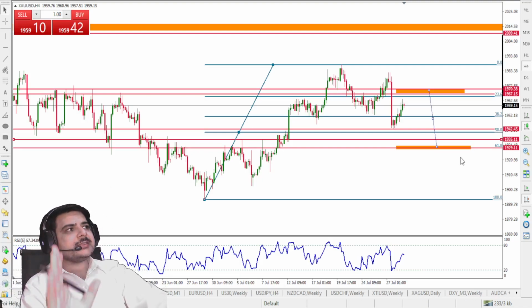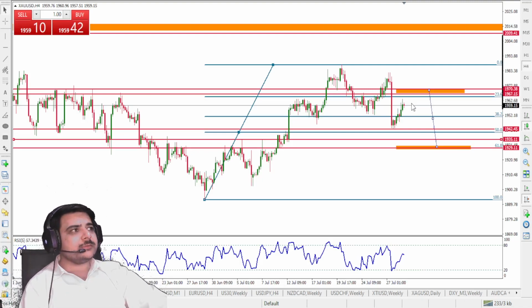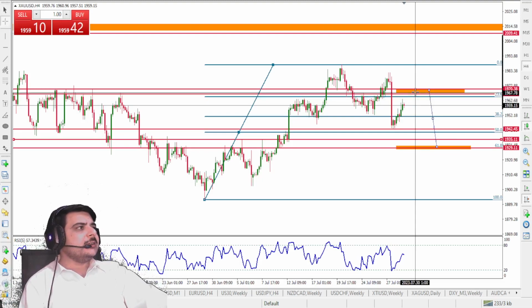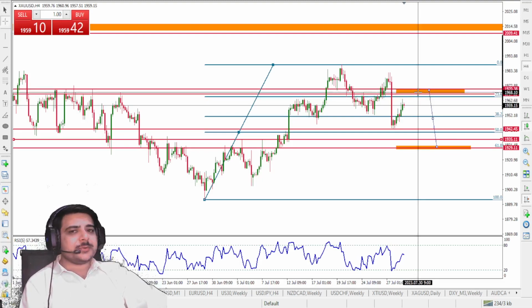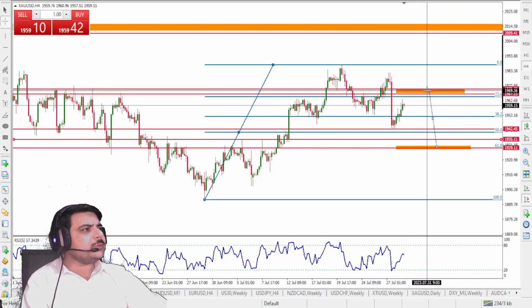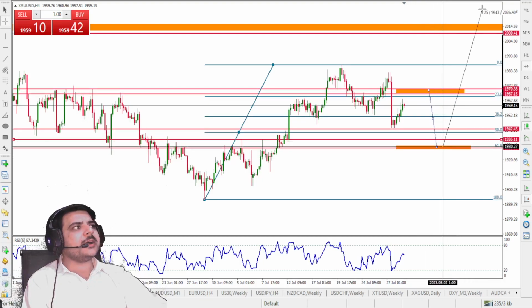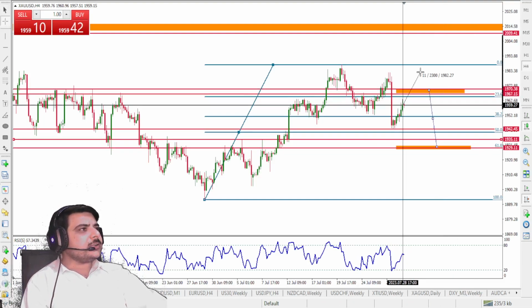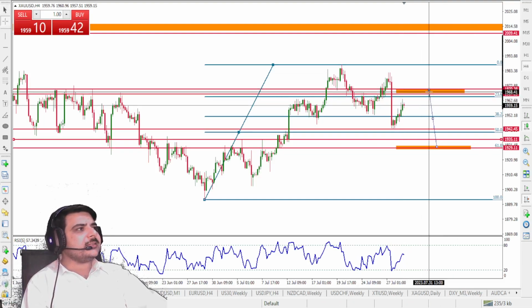Ideally and realistically, what I am personally looking for in the upcoming week is from 1967, 1970, anyone who is stuck there, I think close your deals and just wait for the market. We wait for the market. If it comes down till 1928, we take further buy trades. Very nice one. But if it gives us a close above this and a retest, the market will be